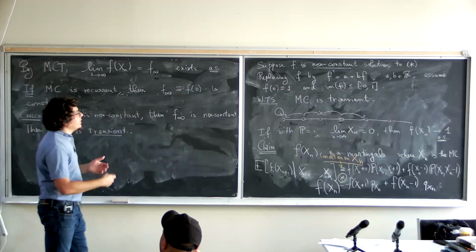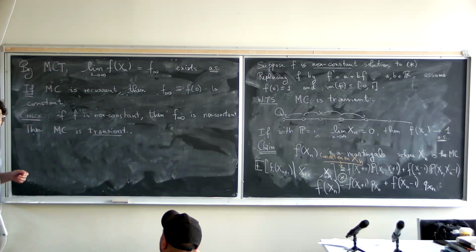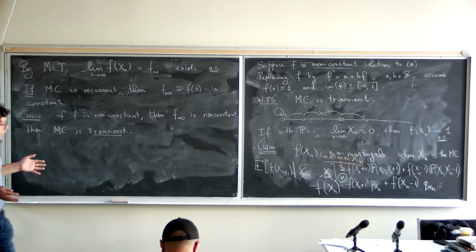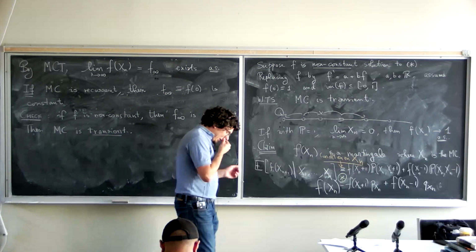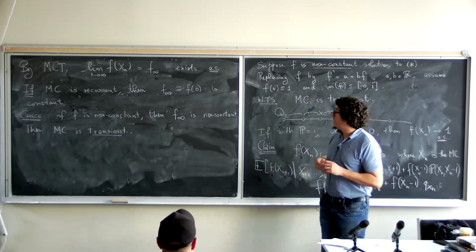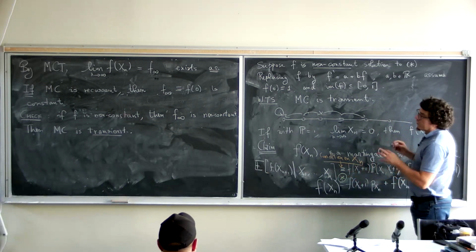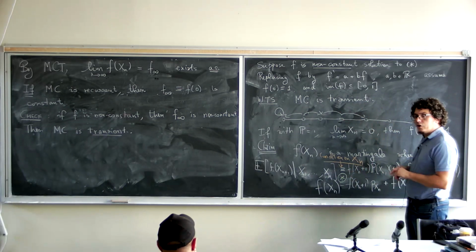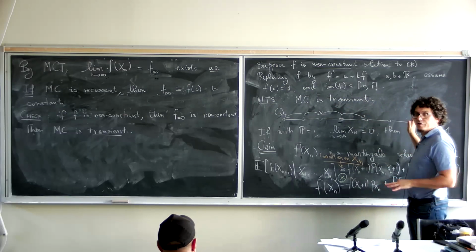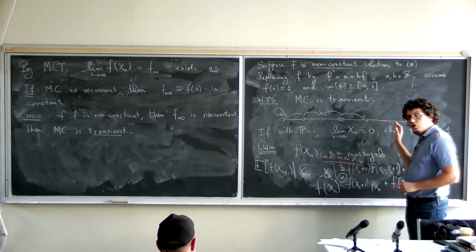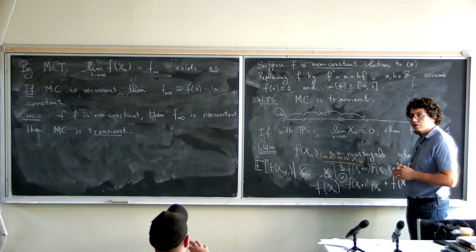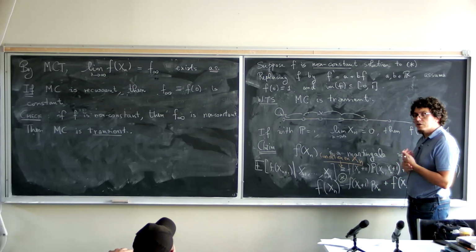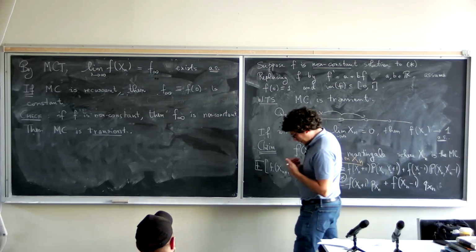Well, it depends on how many harmonic functions you have, right? So in general, you have a lot of harmonic functions. But yeah, I guess it's kind of true that you can think of it as being a linear combination of probabilities of visiting the different sites on the chain. Is there a statement of the form that the probabilities of visiting different sites form a dense subset of the space of all harmonic functions or something like that?